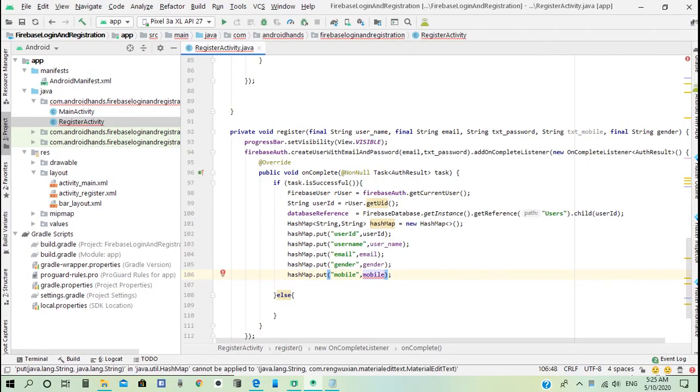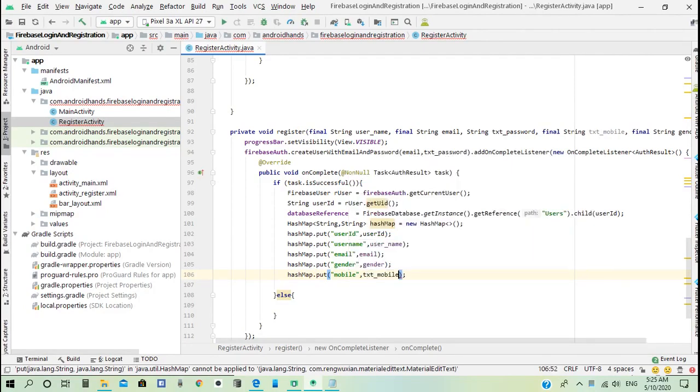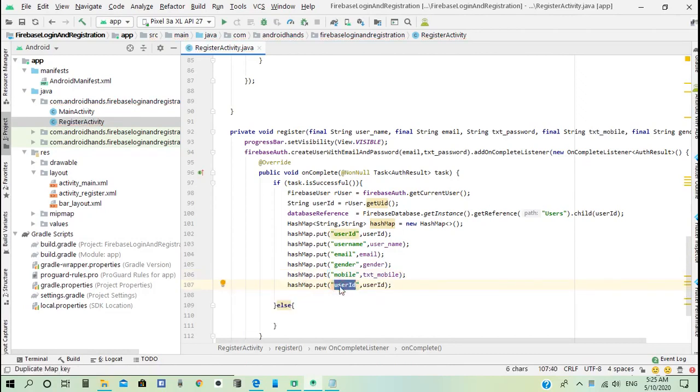Another one, we need for the profile image or image URL, with default value default, and add this hash map to the database